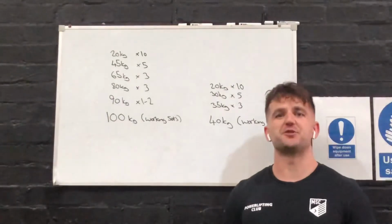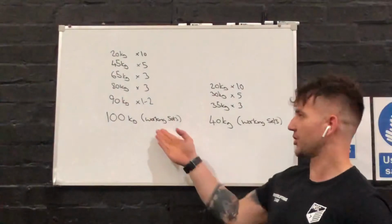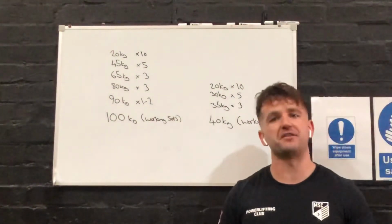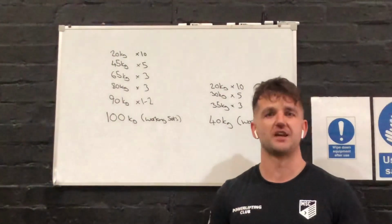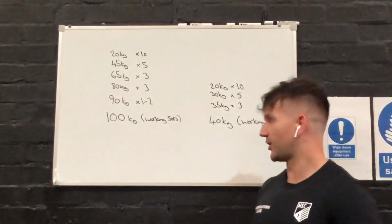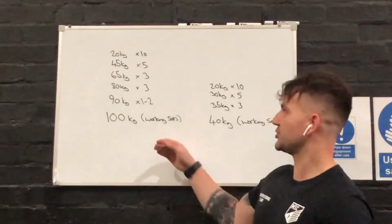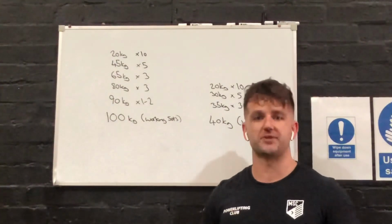Okay, so we're now going to give you 2 working examples of people that are warming up for a barbell squat. Person A is working up to 100 kilograms, person B is going to be working up to 40 kilograms. So a very different weight, and we're going to see how that influences and affects their warm-up weight difference. There's a couple of rules that we are looking at when we apply your warm-ups. We are looking to take smaller jumps as we get close to the working sets, and then we also reduce the repetitions as we go down as well,